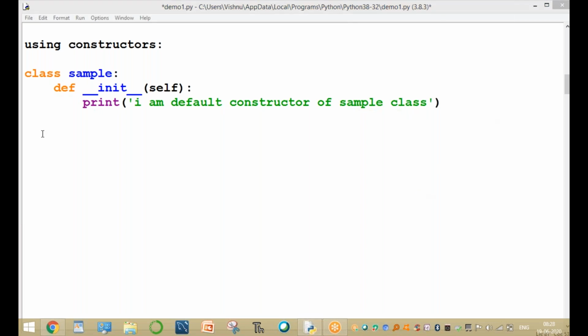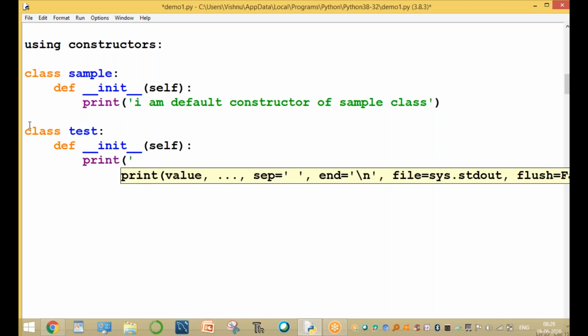And one more class is available, that is class Test. Def __init__(self), print I am default constructor of test class.